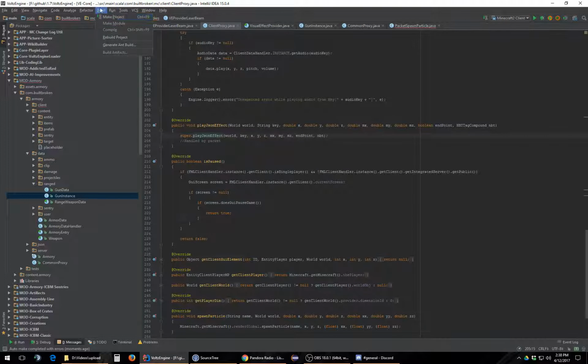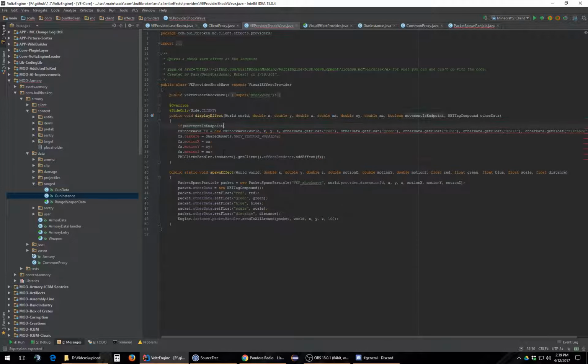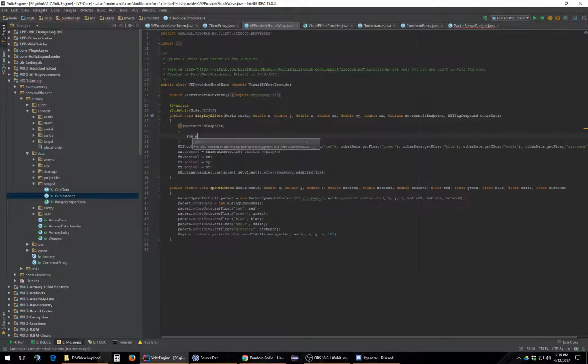So we're going to hit build, make project. There's going to be errors we're going to have to correct for a couple minutes until we get this running. This doesn't care if this is an endpoint because, actually this would. The reason this cares is we have a movement speed system here. How you do this, and we can do this real quick. So we want to go if movement is endpoint, then we're going to go pause equals new pause mx my